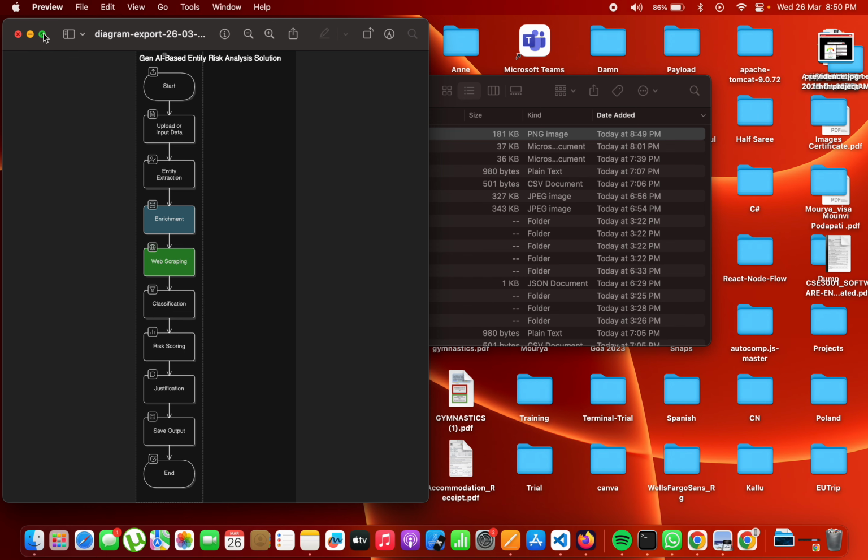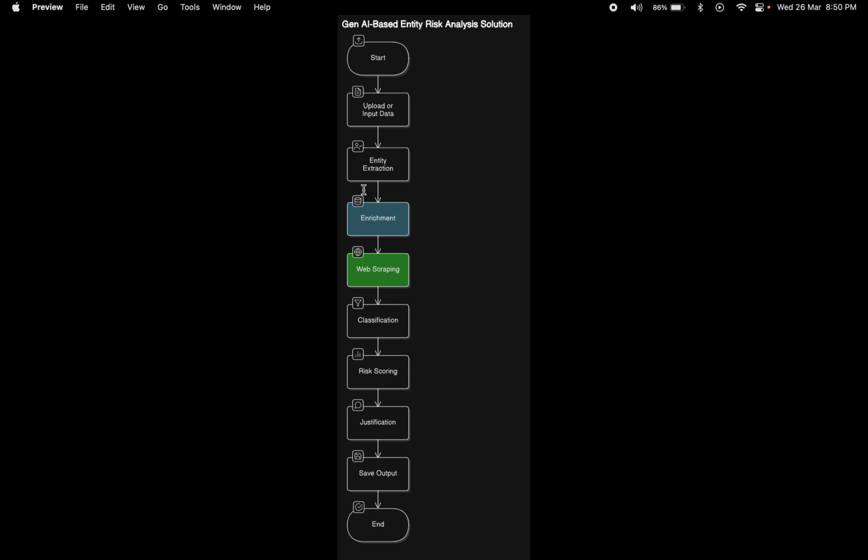is an AI powered risk analysis tool that is basically designed to automate the entity verification and then score it from the financial transactions that we are getting. So it extracts and enriches the entity data using various open sources, and it detects if there are any anomalies and assigns the risk scores based on various parameters, like if they are belonging to